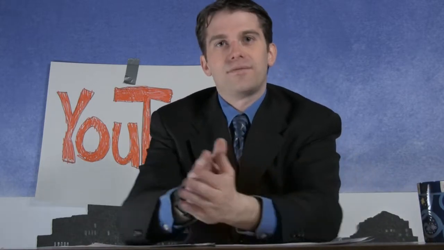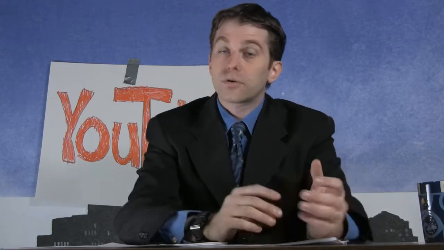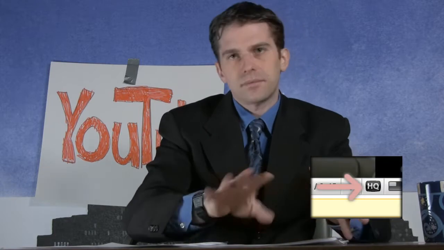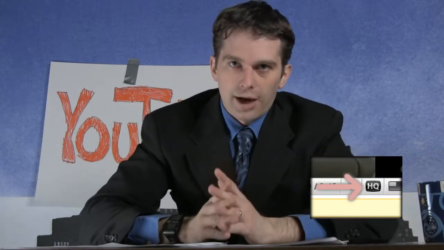Okay, so here's what we have. We have normal quality and high quality. That's in the normal YouTube player, and you guys know what it is. If you go to youtube.com and watch a video, you'll notice that they're widescreen now, and there's this normal player size. It has a certain amount of pixels across and a certain amount of pixels tall, and that's normal or high quality. When you click on an HQ button, which some videos provide, you get a higher quality video, but within the same player. Some of the settings will be tweaked and it'll be a little better, but it's still the same size. That's normal and HQ for high quality.